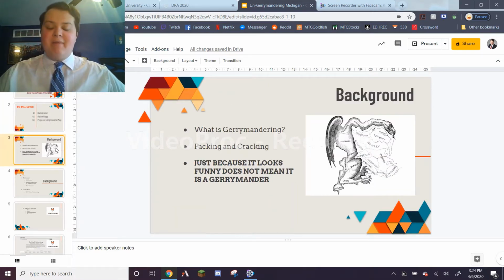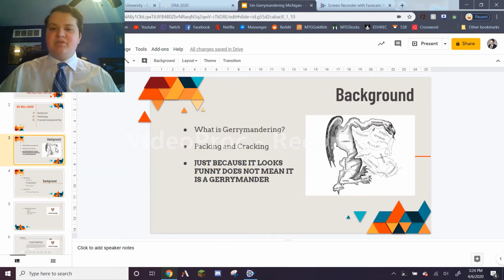First of all, a little bit of background on gerrymandering, because we talk about it so much in politics today, but there are still some that don't fully understand it. The process of gerrymandering is the process of unfairly drawing and redistricting congressional maps, or any legislative map for that matter, within a state to benefit typically a party or some individuals or some sort of interest. And it's done through the method of packing and cracking.